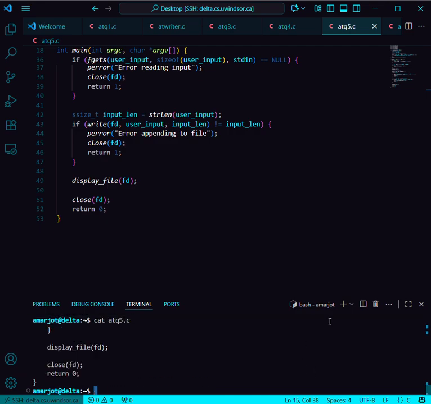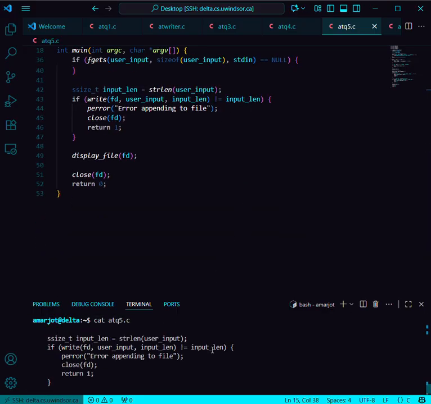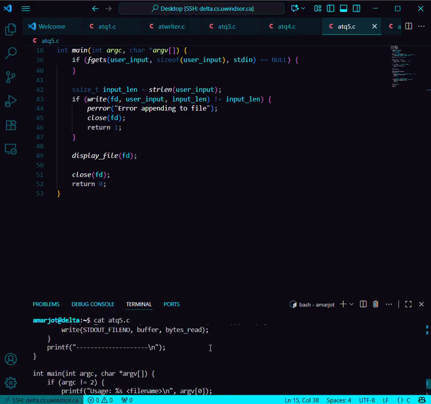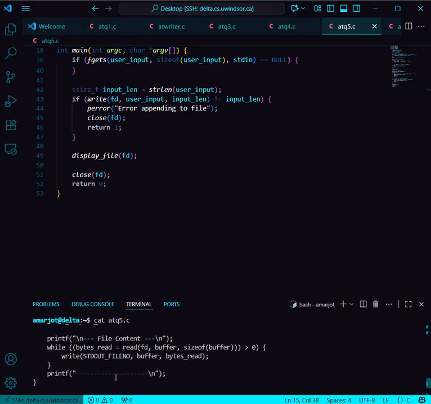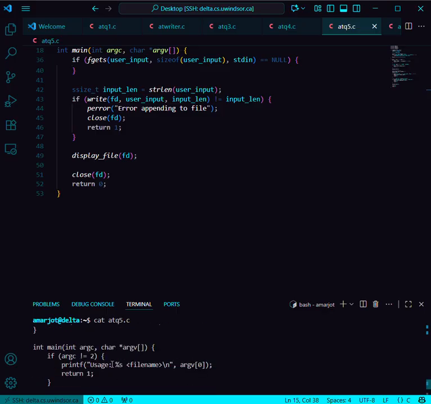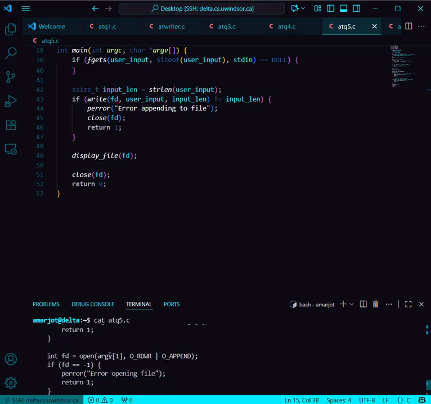Now let me display the source code. Yeah, the displayFile helper function that handles file reading and display, then our main function that orchestrates the entire workflow, and then the use of the O_APPEND flag, which